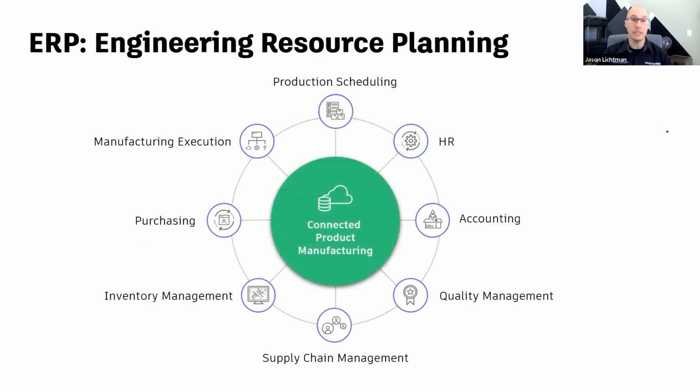So enterprise resource planning is the type of software that connects all of these things together. You can see different departments like production scheduling, HR, accounting, quality management, supply chain management, inventory management, purchasing, and manufacturing itself, or manufacturing execution. ERP ensures products are manufactured in a timely, cost-controlled manner once a product has been designed